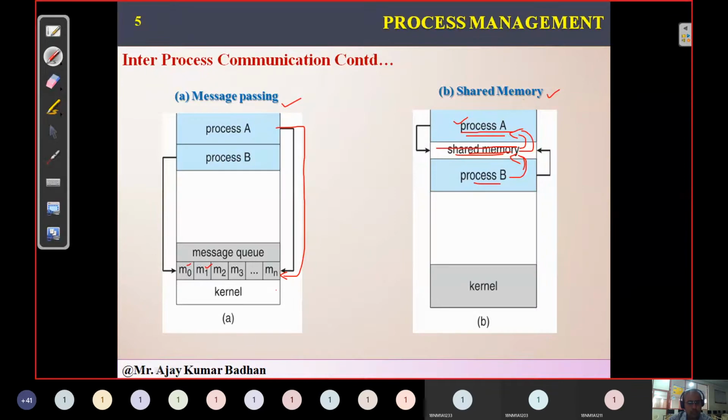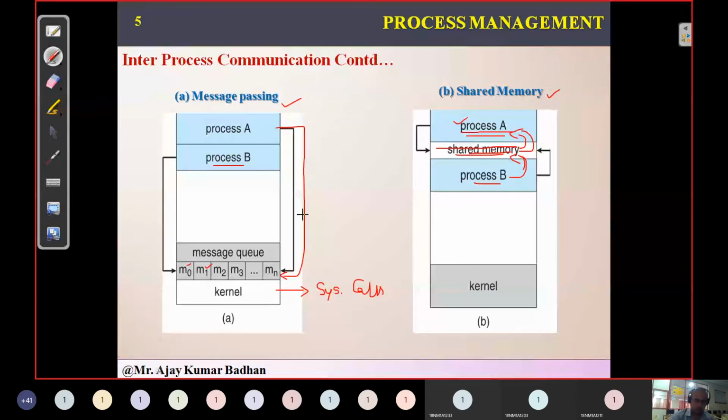How can we send the information to the kernel? Definitely we need to use the concept called system calls. Using system calls only, we can transmit the messages to the kernel. From the kernel, the message will be directed to process B. This is the whole scenario taking place here.